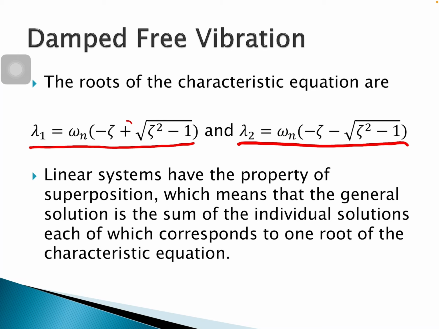Notice the difference is plus and minus. Actually, you still remember this quadratic formula. Since a linear system has the property of superposition, the general solution is the sum of the individual solutions,